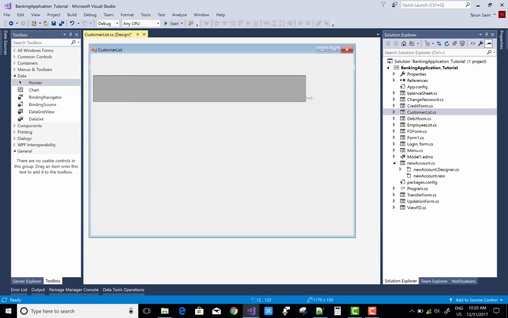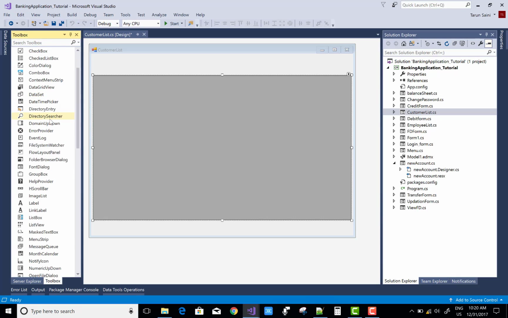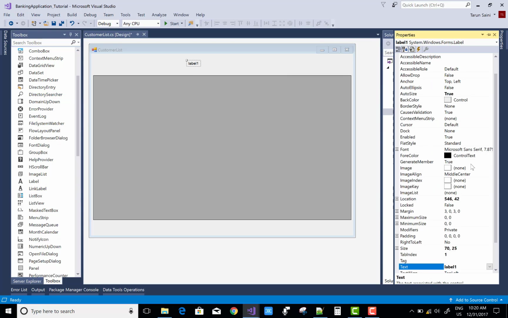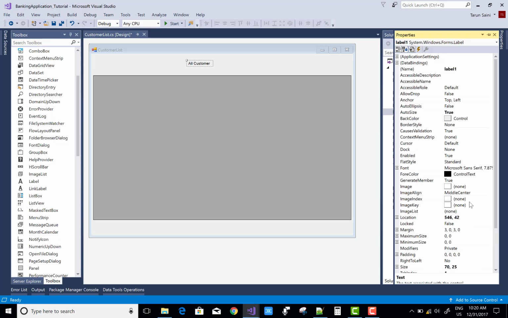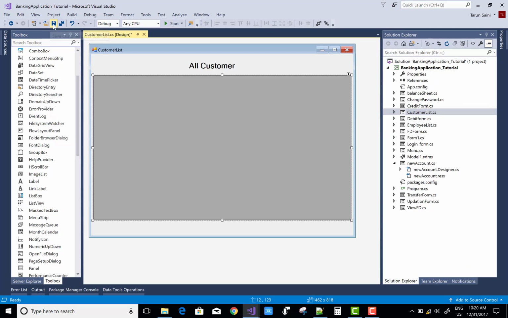Today I'm going to show you how to get all the customers who are registered in the bank accounts, or you can say get all the customer details in Windows Form. This is a simple thing you can do using Entity Framework. First of all, add a label with "Get all customers list". You can increase the size for modifications of your Windows Form GUI desktop application, and after that